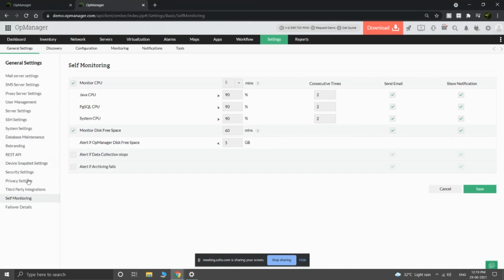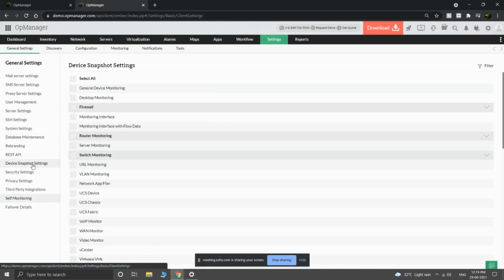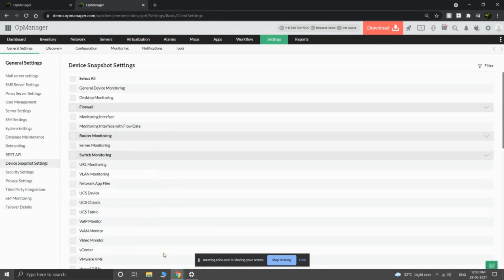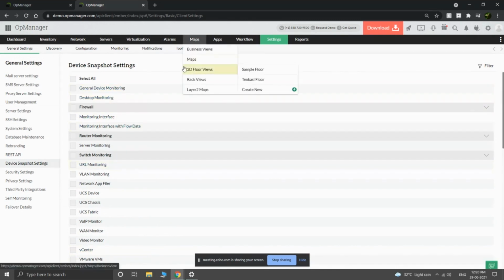You can find it under Settings, General Settings, and Device Snapshot Settings. You'll have various information that can be displayed in the device snapshot page. According to your need and how simple you want your device snapshot page to be, you can select the information that needs to be displayed there, and you can custom design your UI for the device snapshot page.